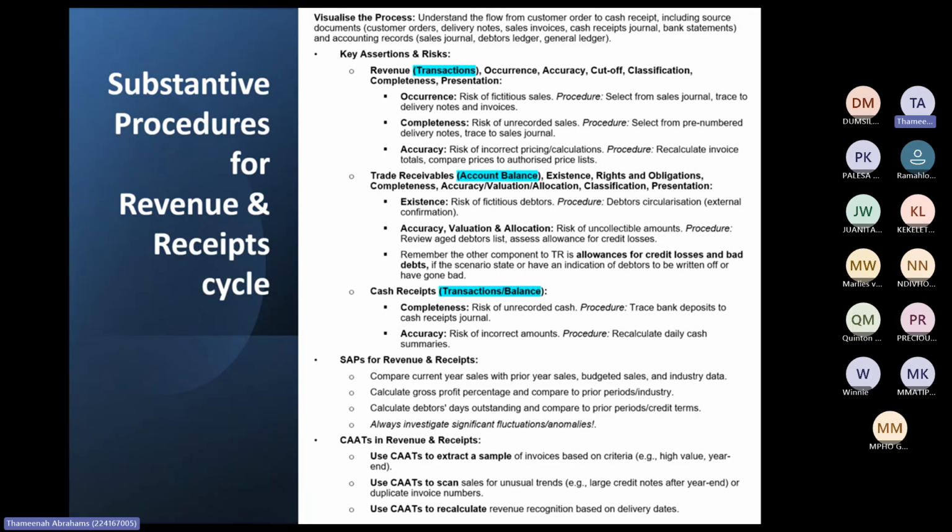So if debtors might not pay your audit client, then what the audit client would do is create an estimate, especially if they don't know which debtor is going to default. So they'll say, based on all our debtors, say the balance for all the debtors is 20 million rand, we expect 5% as an allowance for credit losses. Then they'll take 20 million times 5%, and they'll see that as an allowance for credit losses. It's also in the statement of financial position, but that will reduce the debtors balance in essence on the financial statements. So you see, that's an estimate.